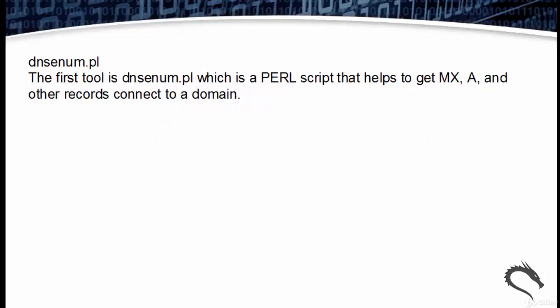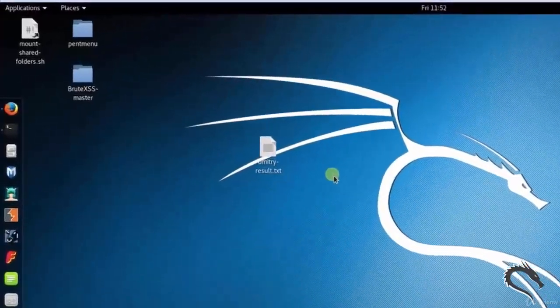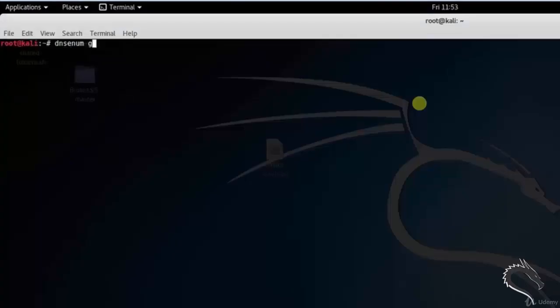The first tool is dnsenum.pl, which is a Perl script that helps to get MX, A, and other records connected to a domain. There are some additional options we can use with dnsenum. For that, first open up the terminal. I will type dnsenum